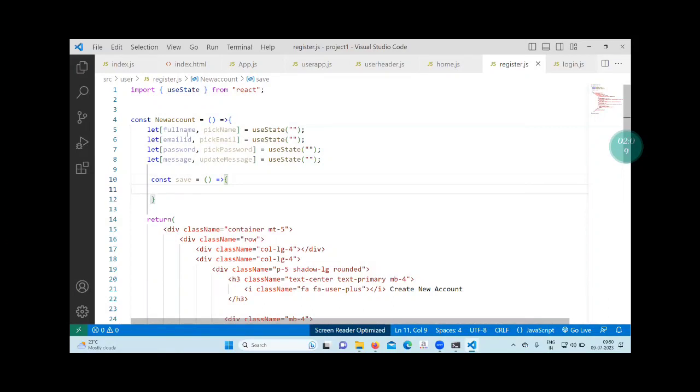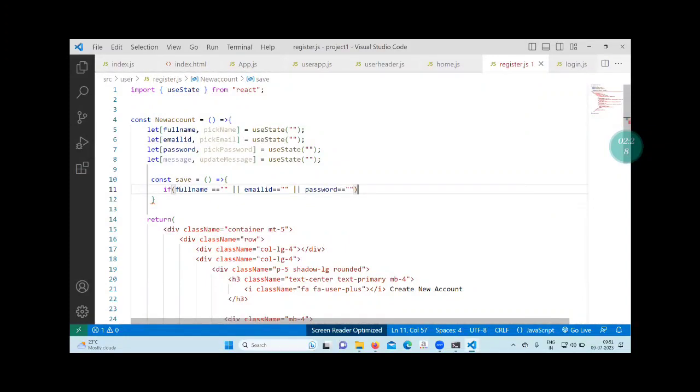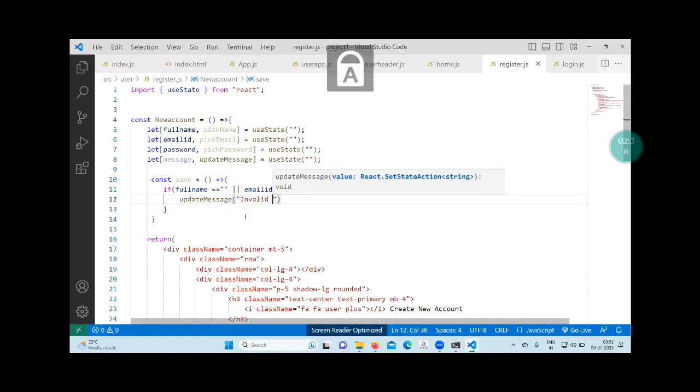Next, after that, we can check here if full name is equal to empty or email ID empty or password empty. If any one is empty, then it will display update message. Update message will assign call invalid input. Else,